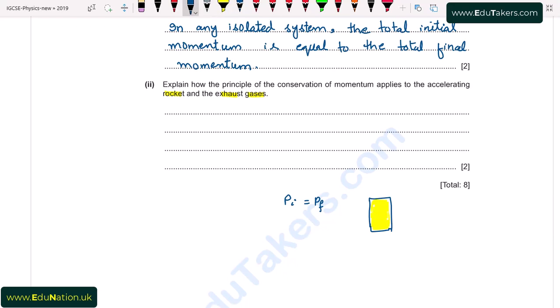As the rocket moves upward, there is a force moving the rocket in the upward direction, but the gases are expelled in the downward direction. Both of these forces are equal. That's why the momentum after is also equal, so that when both of these forces are of equal magnitude, they cancel each other, and the initial momentum becomes equal to the final momentum. So I write here, according to conservation of momentum,